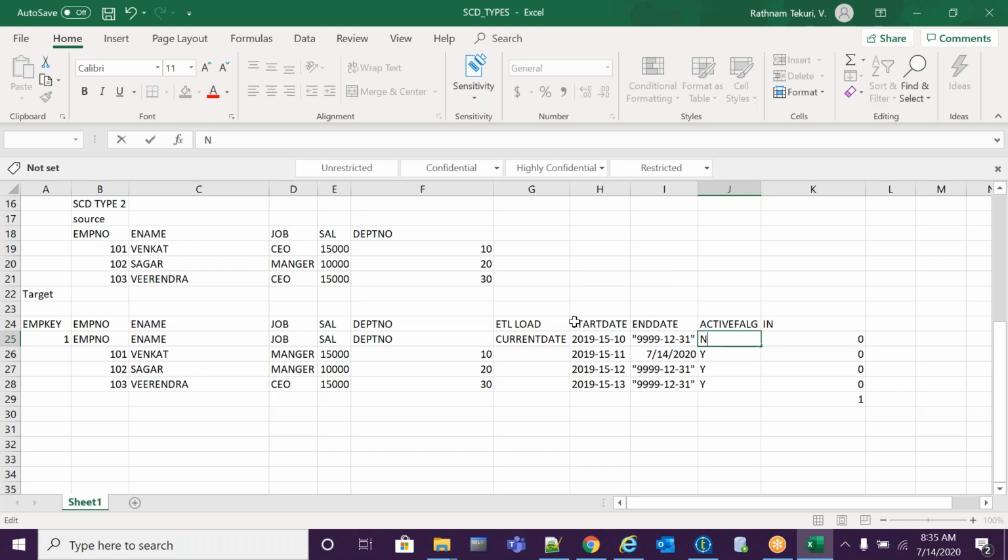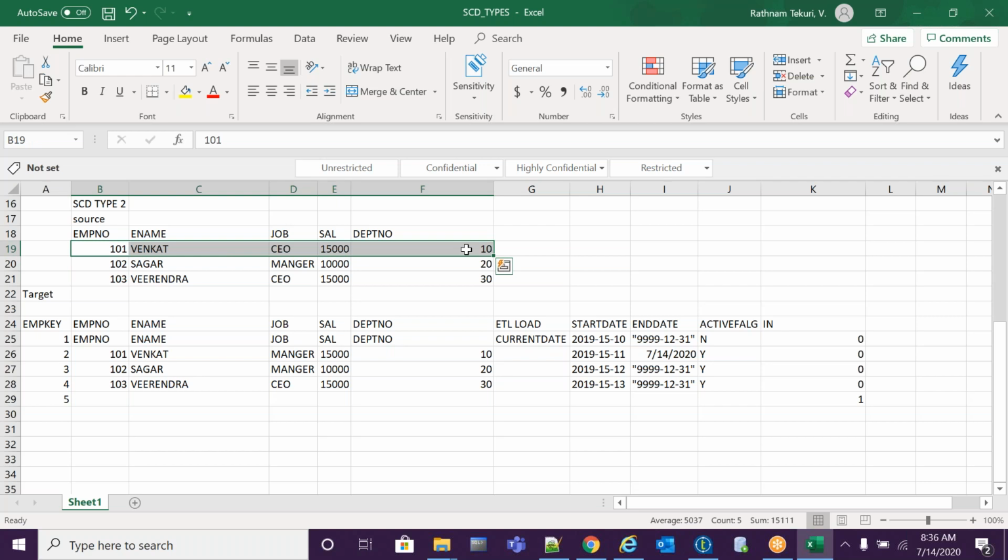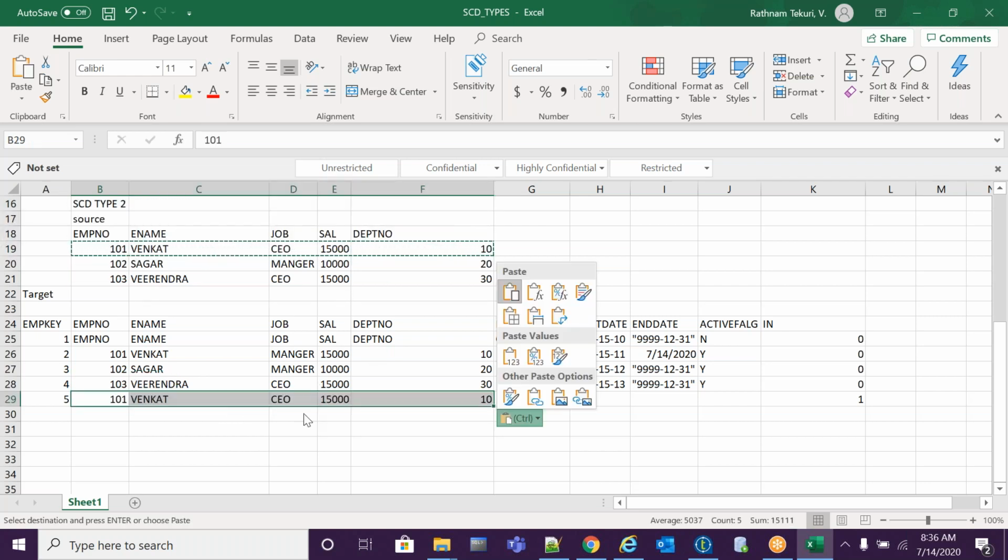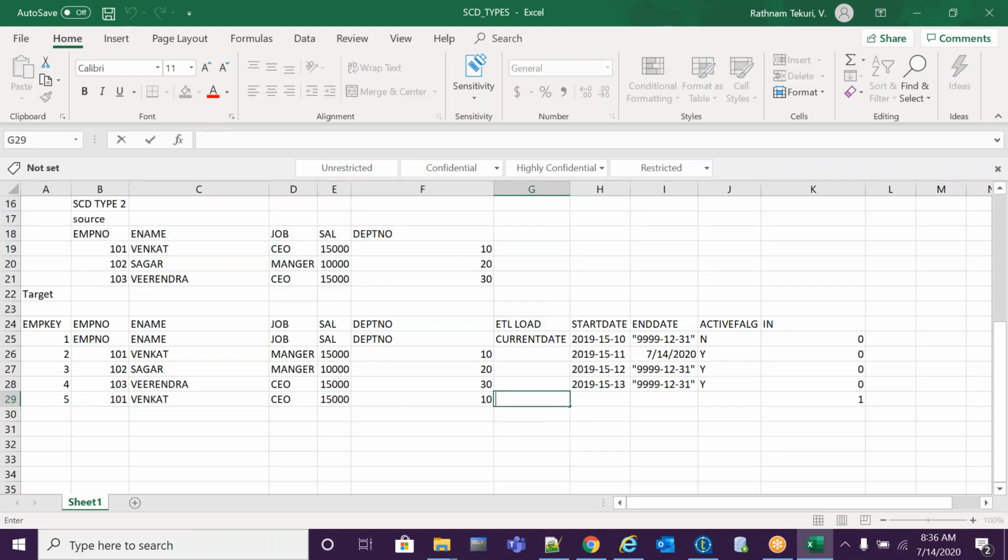The active flag is called inactive. This record is inactive. The sequence numbers it will generate are 1, 2, 3, 4, 5. Fifth record, fifth key, same employee. Whatever the current values are, it will come and insert: Venkat, CEO, salary, and the current date, 2020, 7/14.